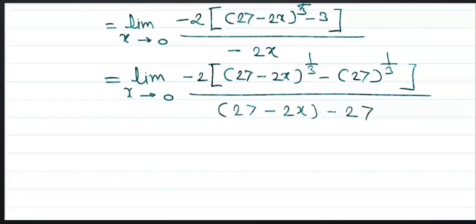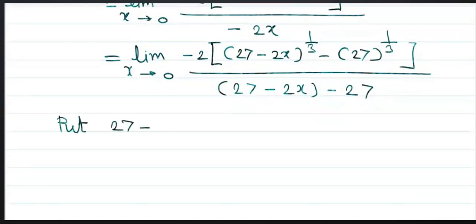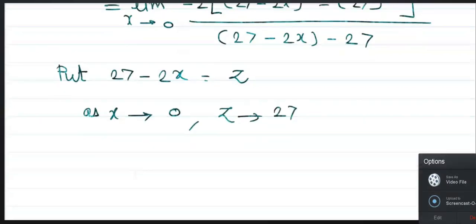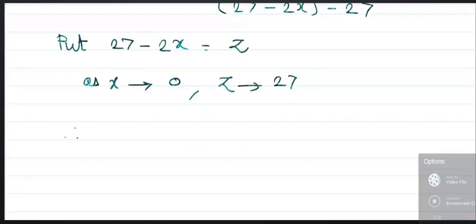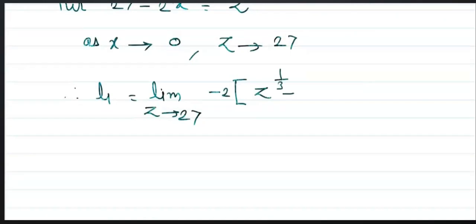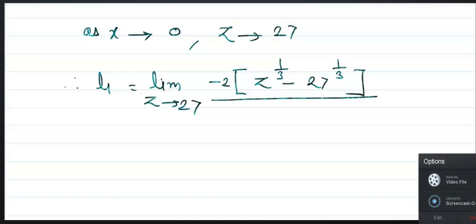Again it is written like this: 27 minus 2x, and this 27 is balanced by subtracting 27. Therefore, now put 27 minus 2x equal to some other variable, z. As x tends to 0, z tends to 27. Therefore limit L1, z tends to 27, minus 2 times z^(1/3) minus 27^(1/3),